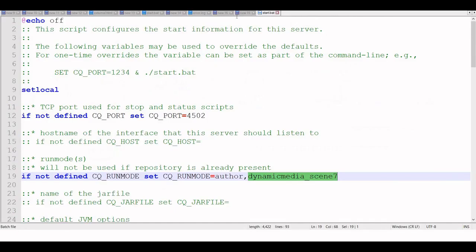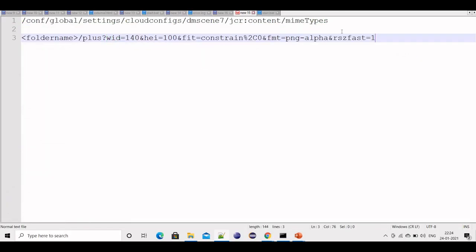Basically, what will happen is the given URL will be in this format, where this is nothing but the image name, and then with query parameters you can actually pass width and height in the URL. And if you have the renditions available in dynamic media, you should be able to get this. So basically presets are nothing but the renditions available over there.